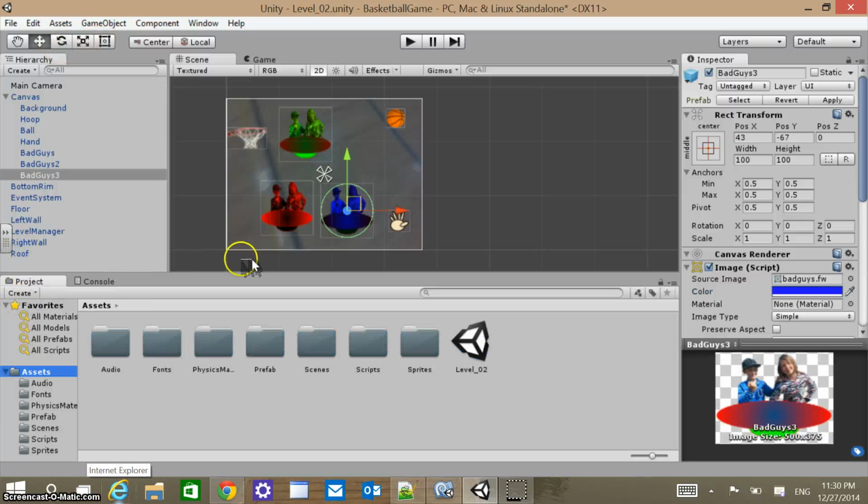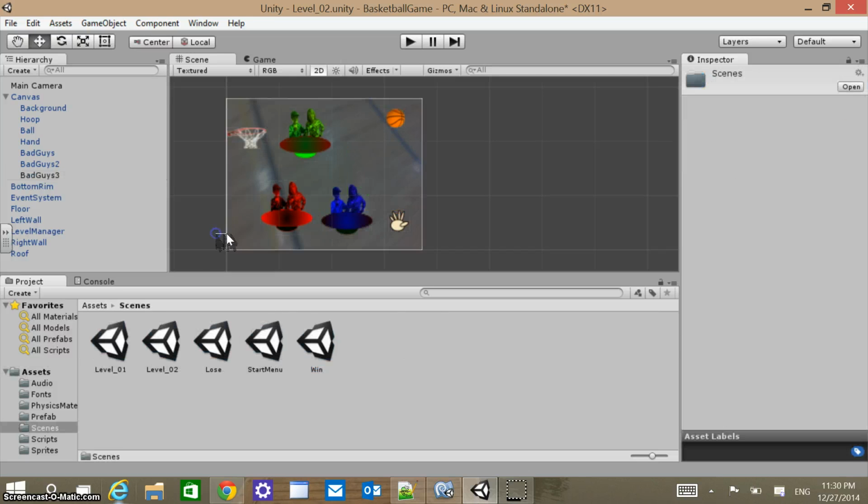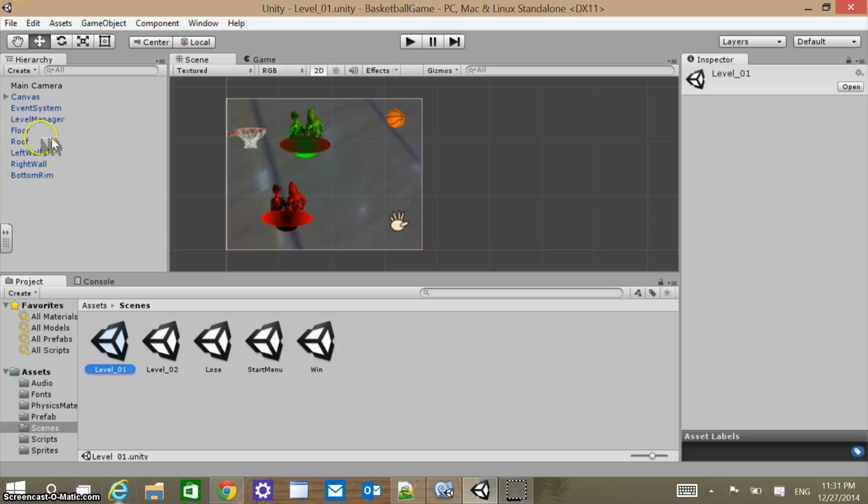If I look at my assets there, I would just drag this into my scenes, right? And if I wanted to add a level 2, I just need to make sure that when it gets in the hoop on that first level, it goes to level 2 instead of quit, right? So let's just save the scene. Within level 1, within the hoop script,